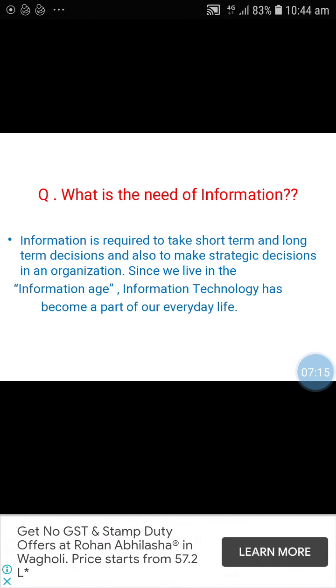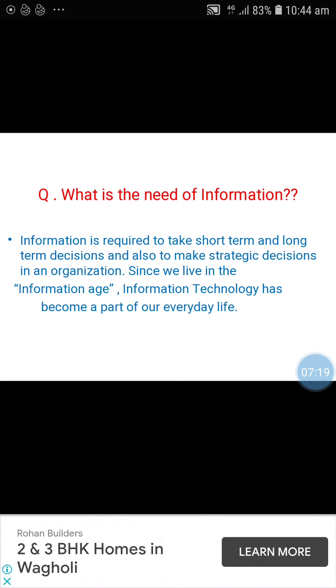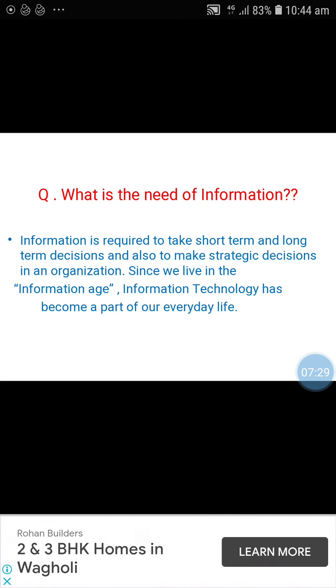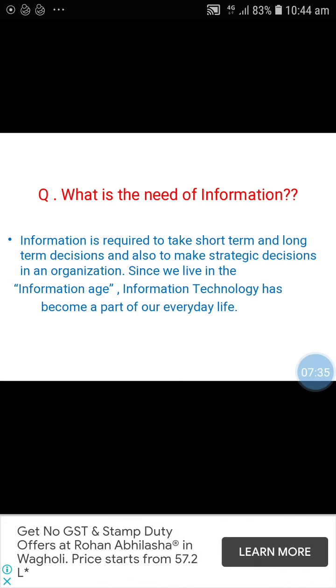Next, what is the need of information? Why are we using information? We are using information to analyze, to calculate some output, to conclude some conclusion. This is a 2 marks question from your syllabus.